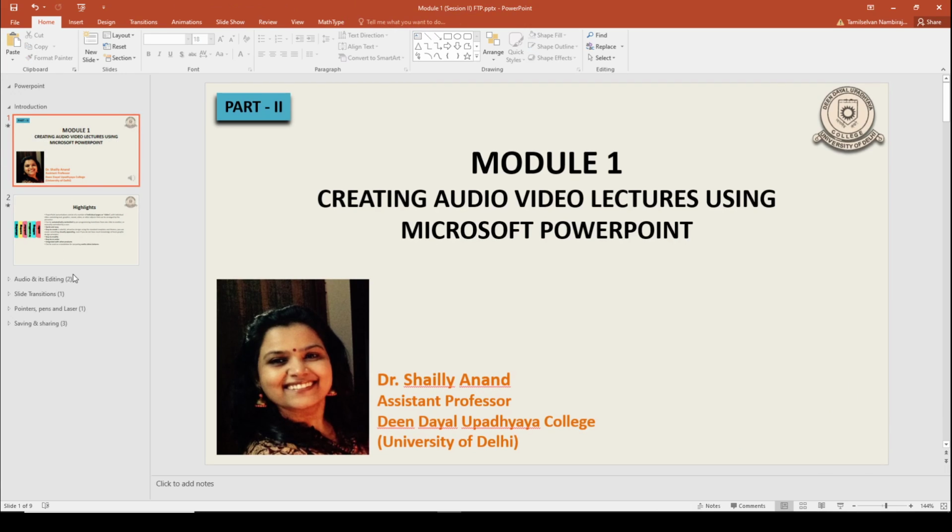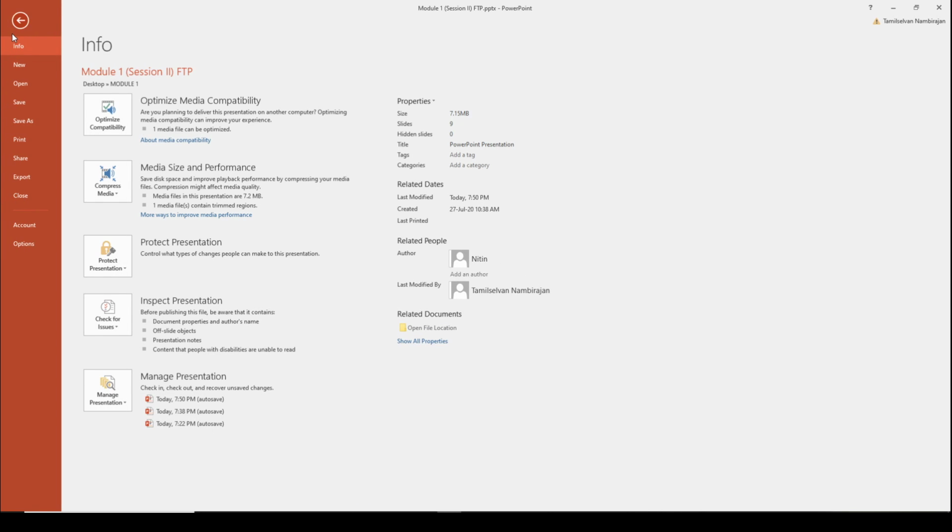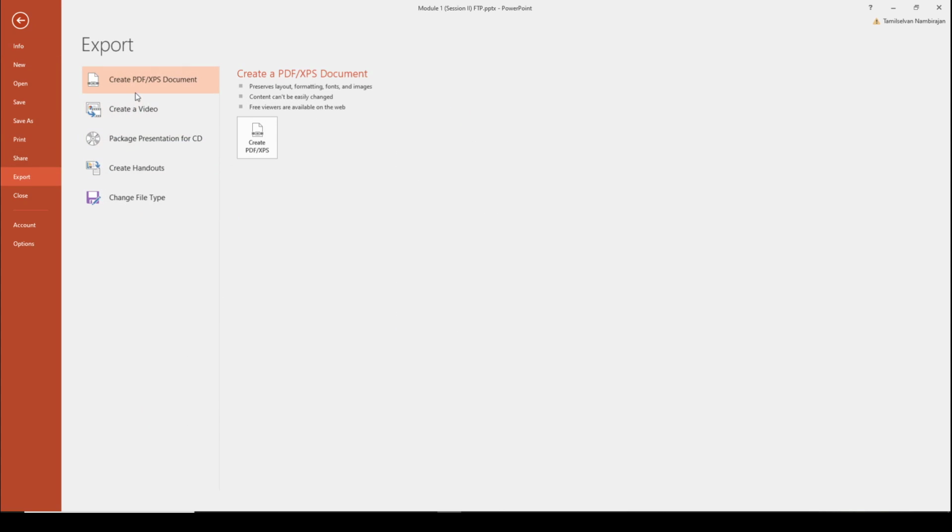So suppose I want to convert it into a video file, so I'll go to the file option. You can go to the export option here. So here you see that you get an option to create a PDF file of your presentation, which you can do. The second option says that you can create a video. So you click on this option,